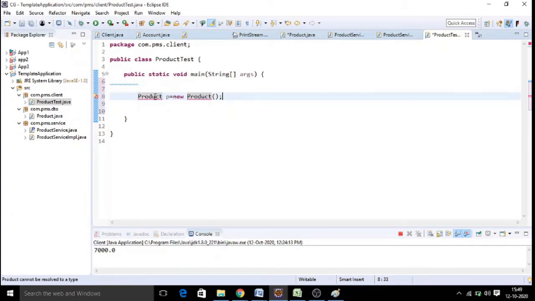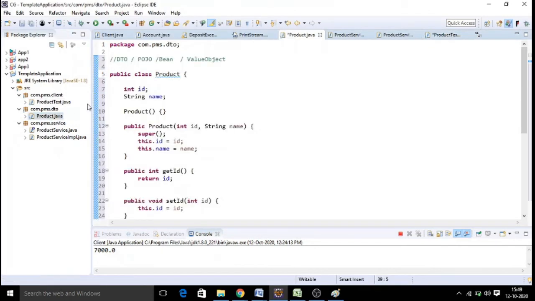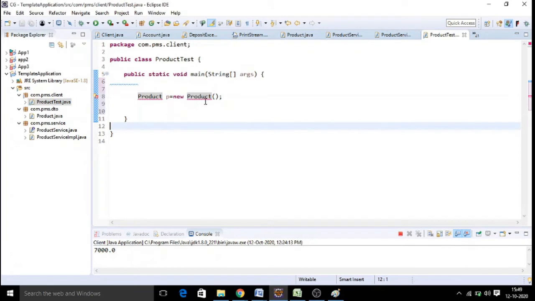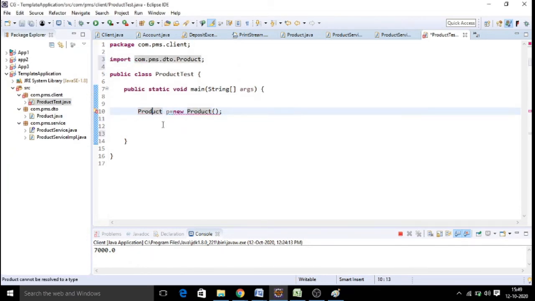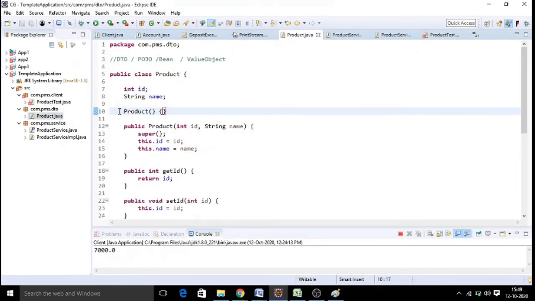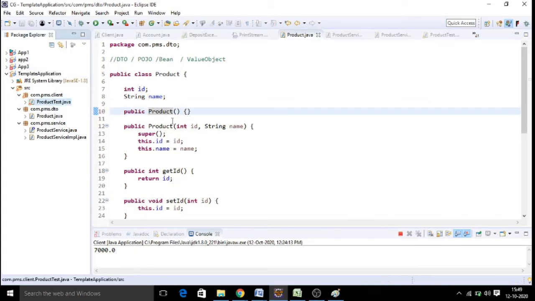And now you make this class public. Here you just created an empty object. You need to import it as it is not available in the current package. You imported, right? And here your constructor should be public, otherwise it will not allow. Done.